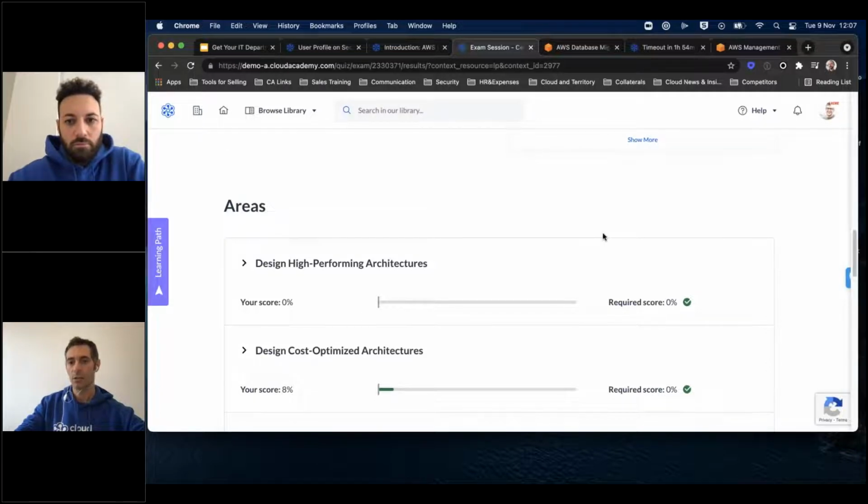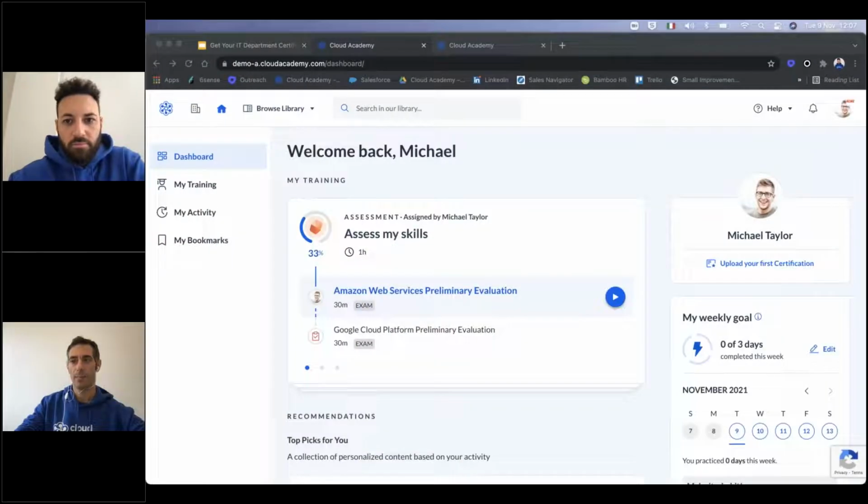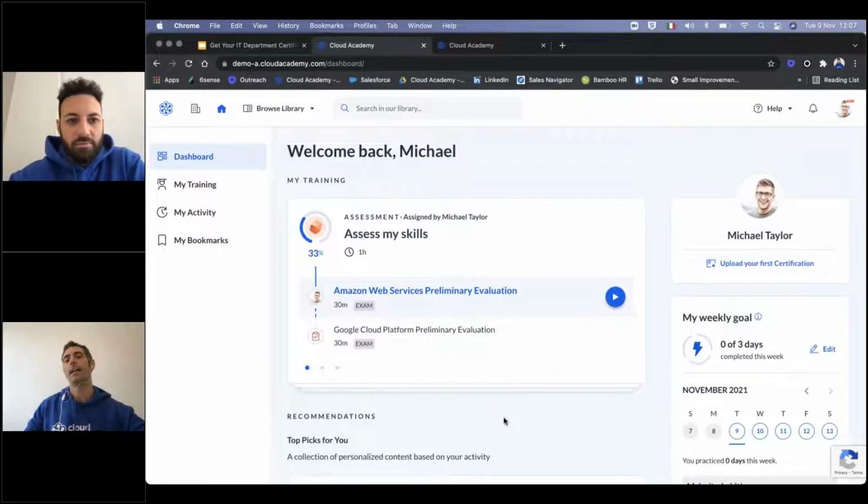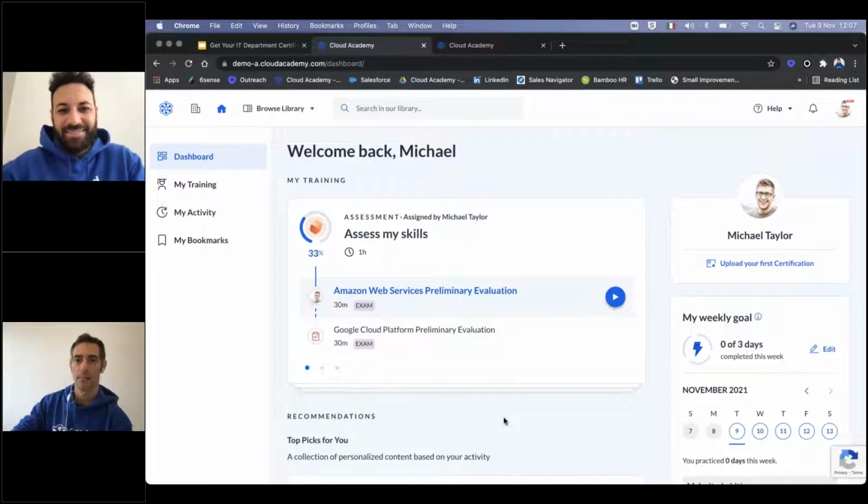And now Mario is going to present to you the other side of the coin. So you're going to see how this actually populates inside of the administrator dashboard, and then we are going to see how you can actually monitor and drive engagement inside of the platform. So Mario, unless I forgot something, if there's something that you want to add, I pass the mic to you. Thanks, Max. Thank you.